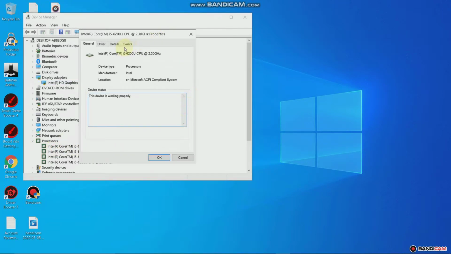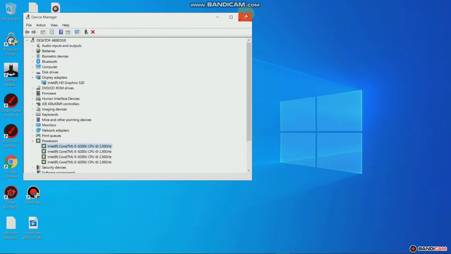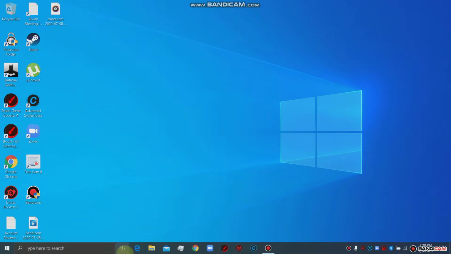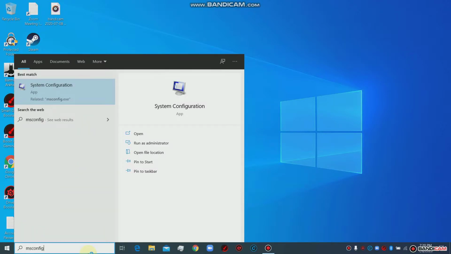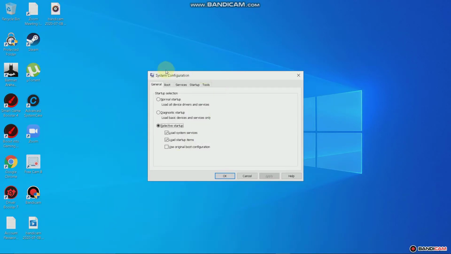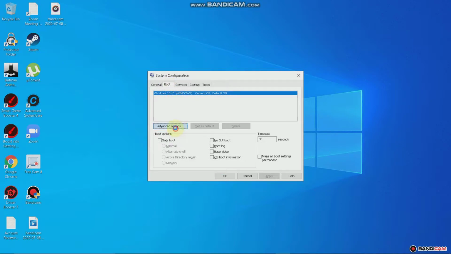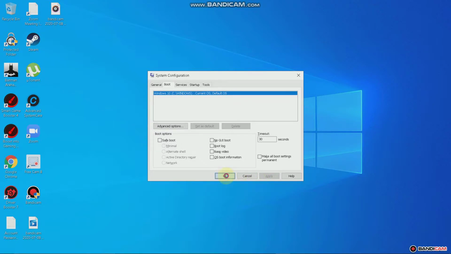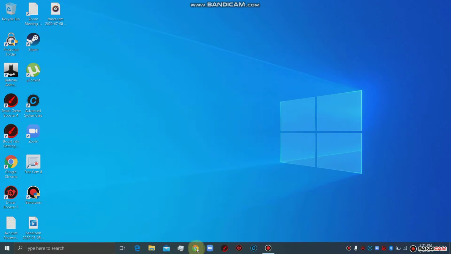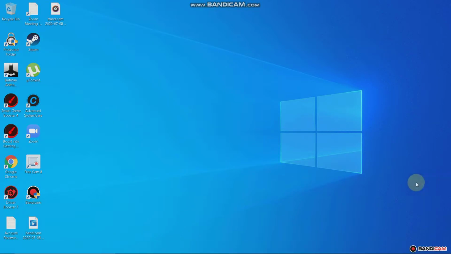as you can see. So what you want to do first is go here and type msconfig. And what you want to do is go to boot and advanced options. This will be unticked. You want to tick this and select the maximum number that is available for your processors. And click OK and apply. This will allow your PC to get the maximum performance because when it's on one, it only uses one core